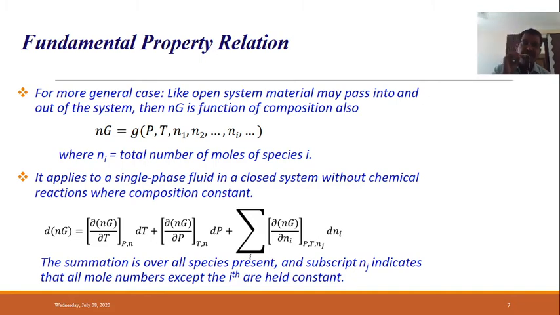So likewise, if you differentiate this for i equal to 1, 2, 3, 4, up to Ni, you will get different terms. That means del NG by del N1, del NG by del N2, del NG by del N3, and it will continue like that. So that's why the summation sign will be there. We are adding these together where i is equal to 1 to capital N, so capital N is the total number of species present here. In this term, Gibbs energy is changing with respect to Ni, the number of moles of ith species. Here j indicates all species except i, which are kept constant.